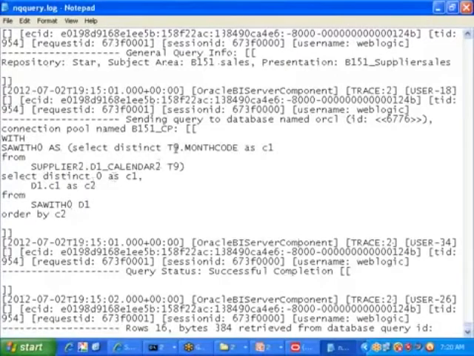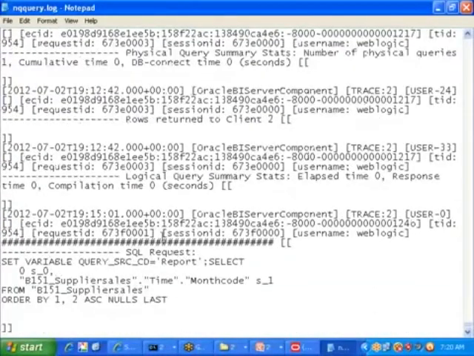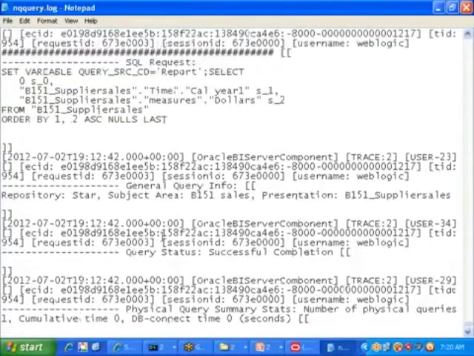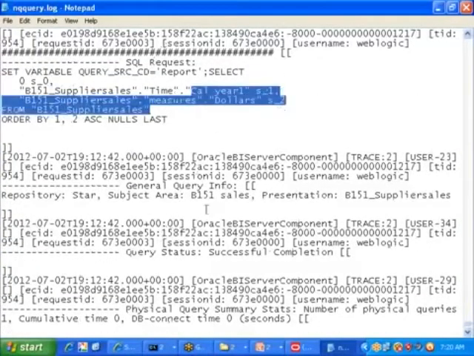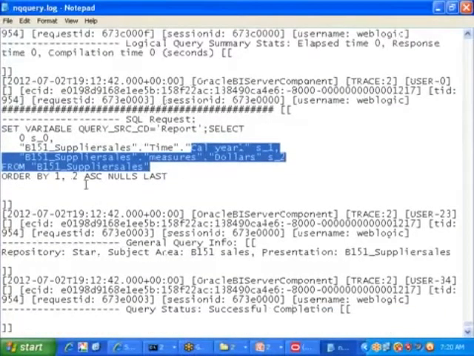Just now we ran for a column called month code. Previously you ran for columns called what, sir? Year and dollars. This is physical. This also had log level 2 set and we ran this one. Do you remember? I set log level 2 and I ran. And one more approach I took: I logged out and logged in. In one case I cleaned the cursors manually and ran this report. The second time I didn't clean the cursors; I just signed out and signed in. Are you clear on these two points?